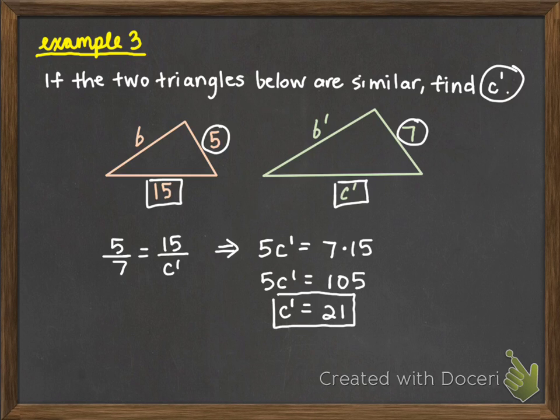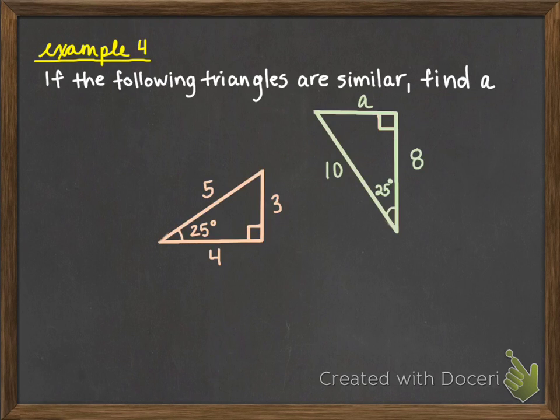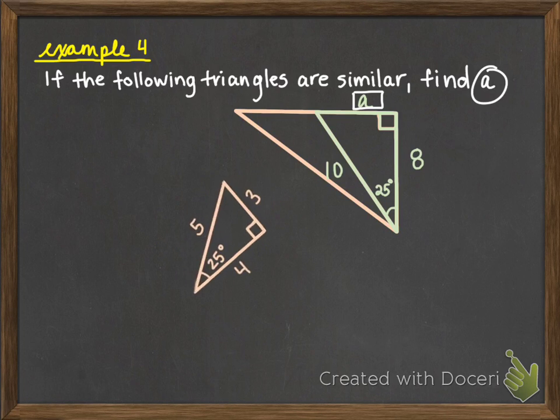So we were able to use results from Euclid to determine the length of a side of a given triangle just by knowing that it's similar to another triangle, which is pretty neat. So in our final example, we're given 2 more triangles. We know that they're similar, and we want to find the side length of A. So here's A, and we just need to figure out what it corresponds to. So it looks like A is going to correspond to, let's see, if we were to move this triangle a little bit,